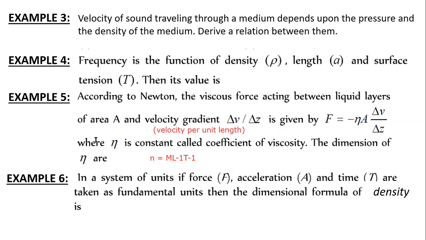No. Delta Z means it is your distance between the two layers. When we talk about viscous force, the liquid is considered to have made up of certain layers. So it is the frictional force existing between the two layers of liquid. So delta Z is nothing but the distance between the two consecutive layers, and delta V by delta Z is nothing but velocity per unit distance. Okay, no problem. You just try to recorrect that. As per that, one time will get cancelled and you will get your answer.